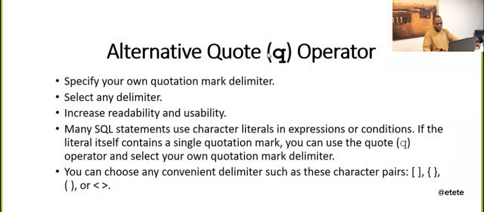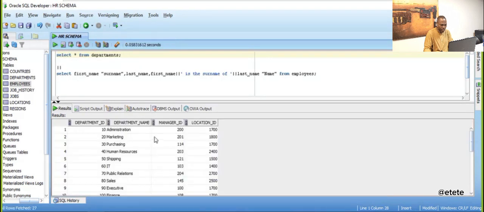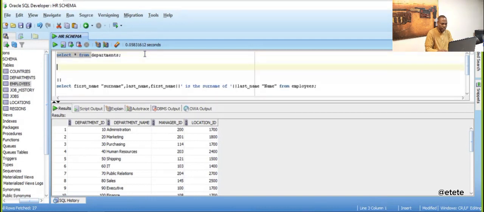Alternative quote operator. So that is what we want to do. What this alternative quote operator does is this: if I say select star from department, look at it. This is the department table: department ID, department name, manager ID, location ID. So administration, marketing. If I want to write a sentence like this,